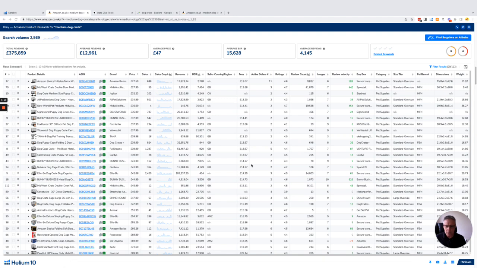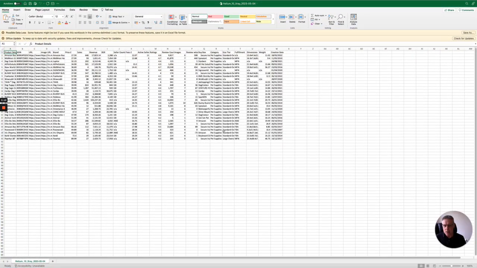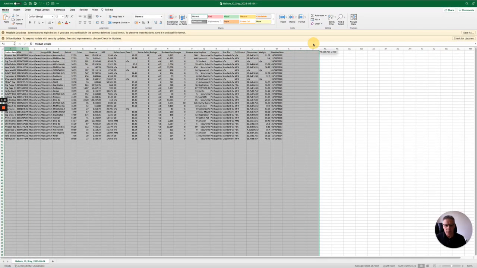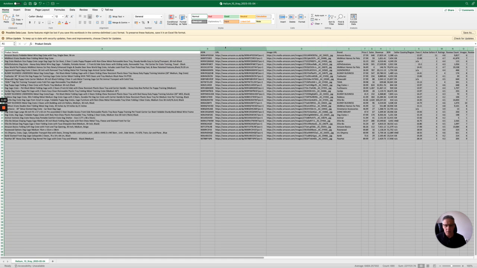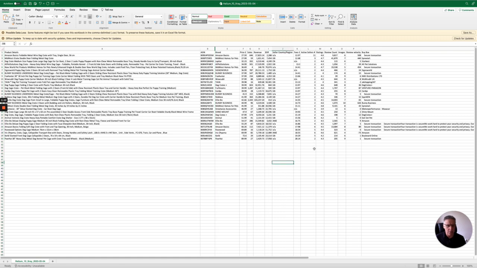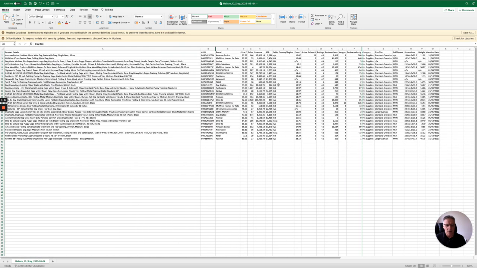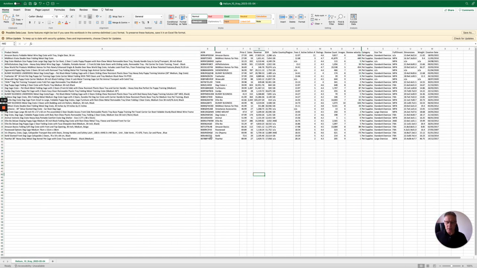So what we would do now is drag this into an Excel spreadsheet. So we can see here that I'm going to hide these columns because we don't necessarily need them. Let's just hide the buy box. So we've got a bunch of competitors. Now we're looking at, well, what's the market? So we can start saying the market average price is